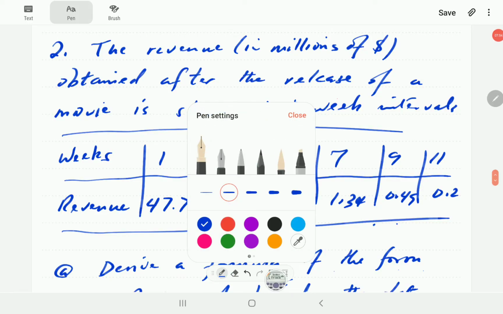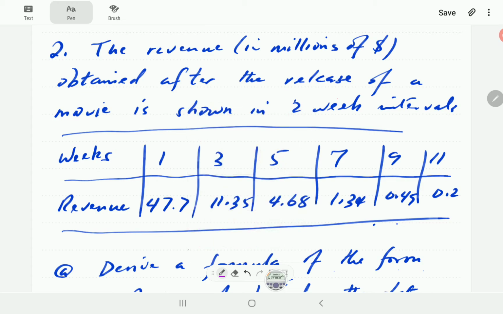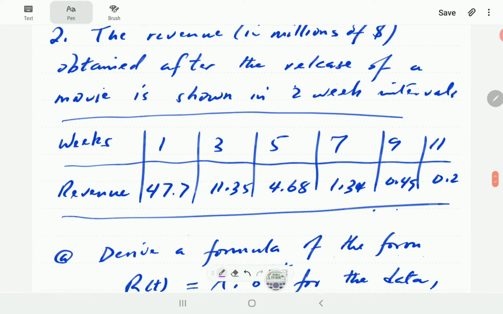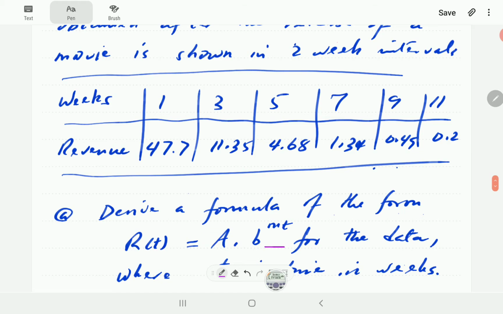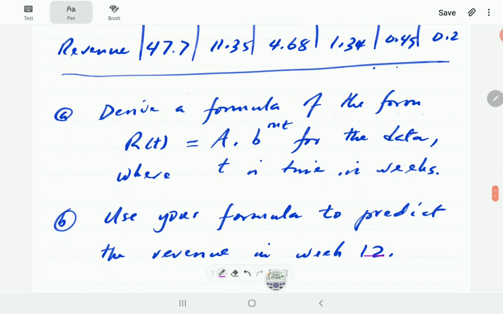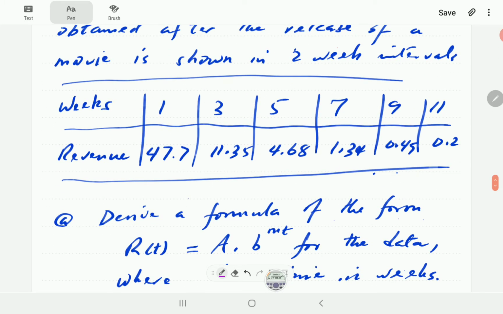All right, in this example, we have got the revenue in millions of dollars obtained after the release of a movie. This is shown in 2-week intervals. So on week number 1, this was the revenue. Week number 3, week number 5, that's revenue, etc., up to week number 11. Again, we want to derive an exponential formula and then use the formula to predict the revenue in week number